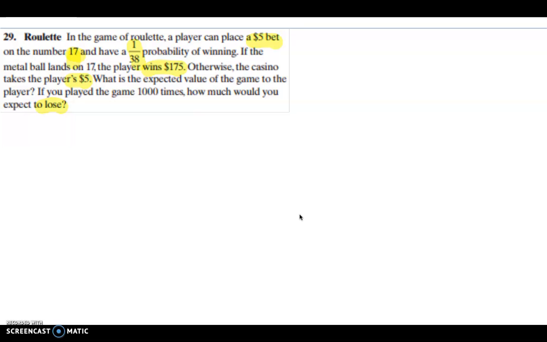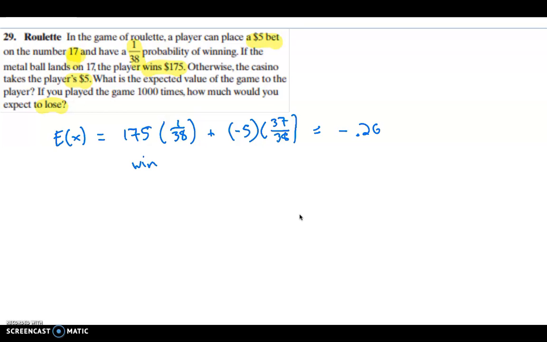People who set up these games are not unintelligent. They are very, very intelligent individuals. So here's our expected value. Well, if I win, I make $175, but the probability of winning is 1 in 38. So this is the winning case. Plus, if I don't win, I'm going to lose $5, and the probability of losing is the remaining 37 out of 38, which gives a negative 0.26